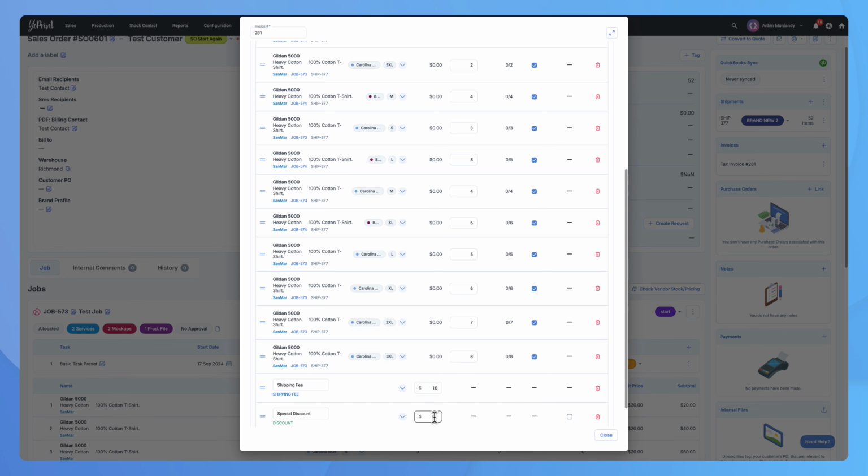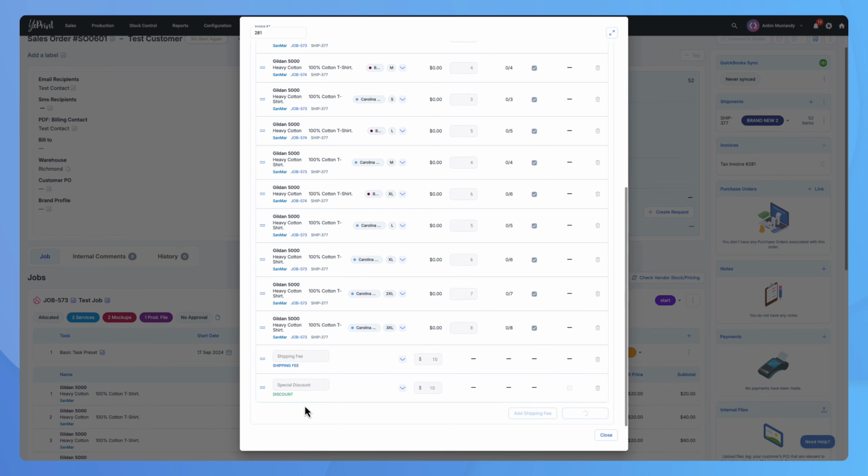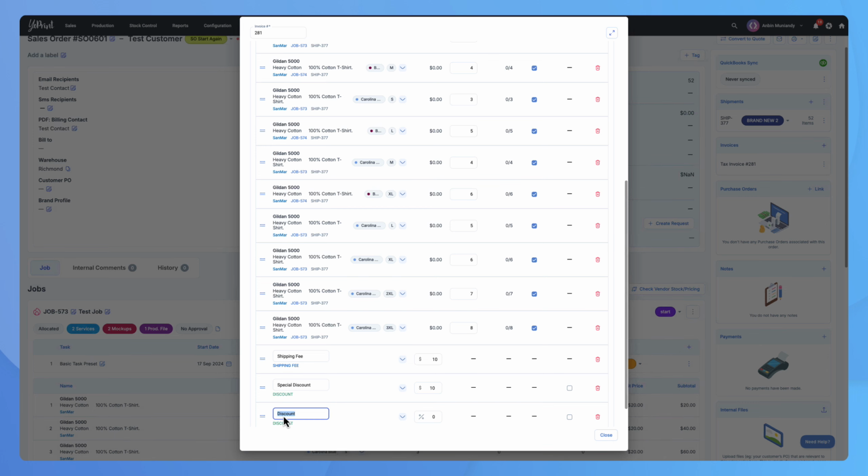So one of the common requests that we have is, hey, I want to take $10 off because we had a spoilage. And the customer says, okay, but we want to have it recorded that they're invoiced for all 8, but then they get a discount. So this accounts for that. And if you have a percentage discount, you can go ahead and say